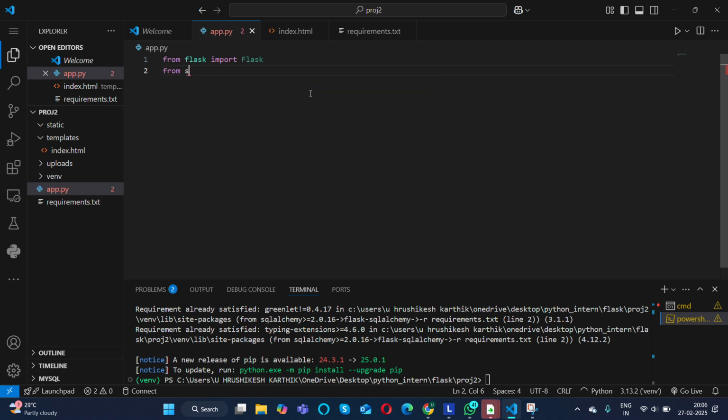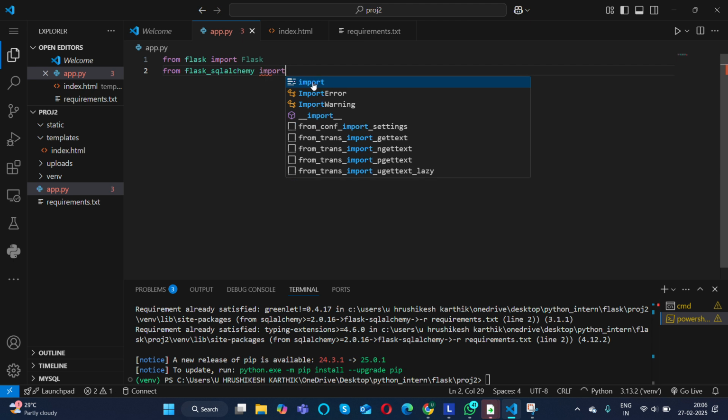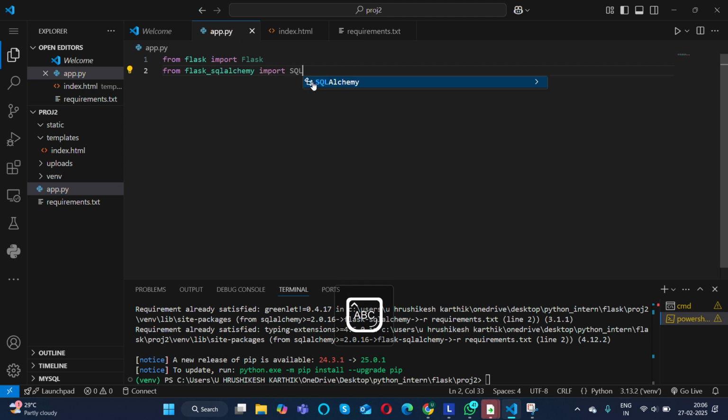And next one is Flask SQL Alchemy. From flask_sqlalchemy import SQLAlchemy. Okay. See, why is it showing light green color? Just because we haven't used it yet. So if we use it, it will change into this color only. Don't worry about the color. I'll come back again when we start using it.